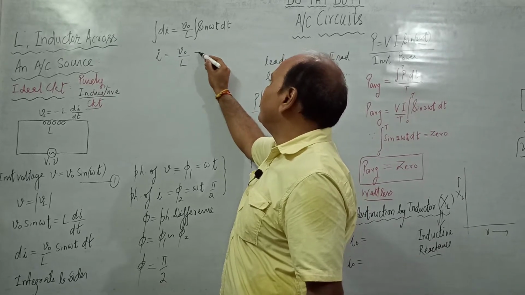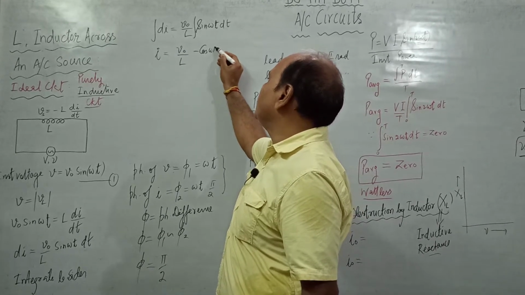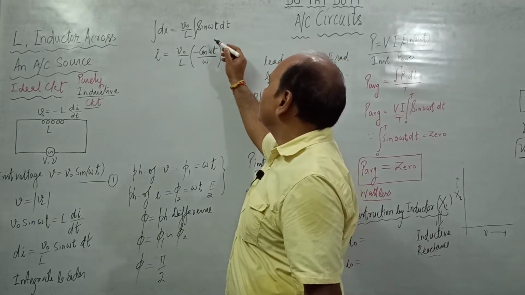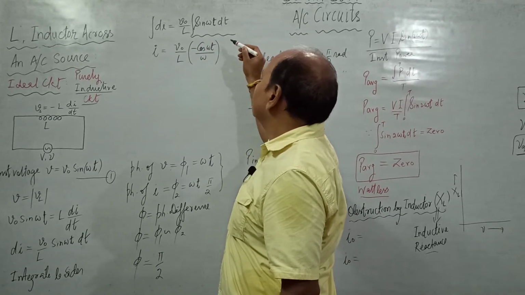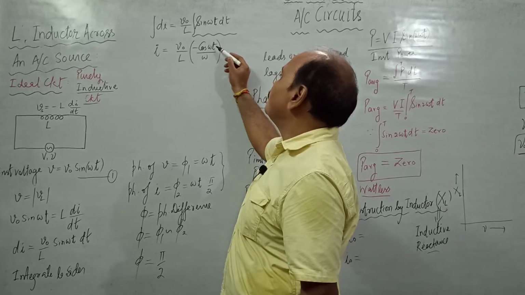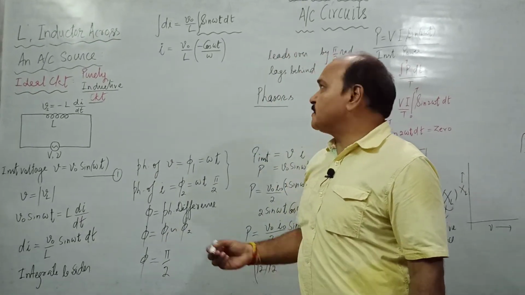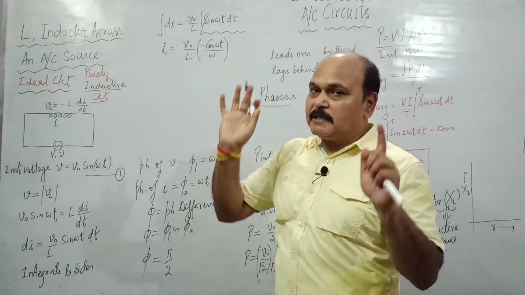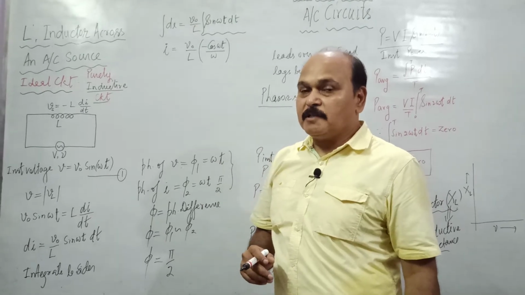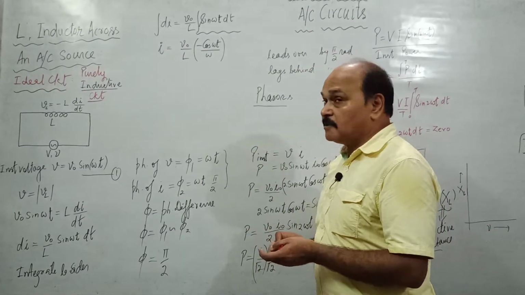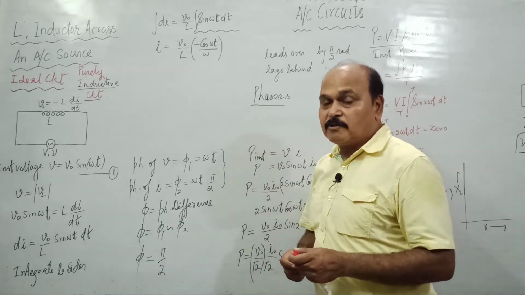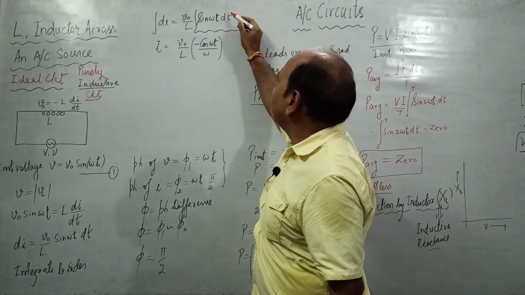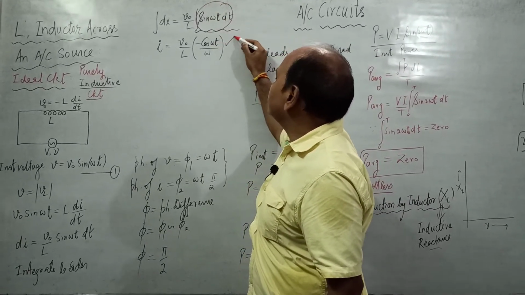The integration is going to be minus cos of omega t upon omega. Why is it so? It is so simply because the integration of this function is minus cos of omega t upon omega. So if we substitute the value of this integration, there is no need to work out the integration. You can straight away write down the value. In mathematics, of course, you need to solve this integration and find out the value. But in physics, you simply need to write down the correct integrated value.